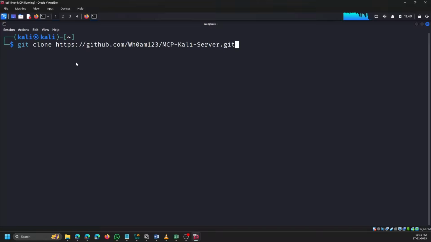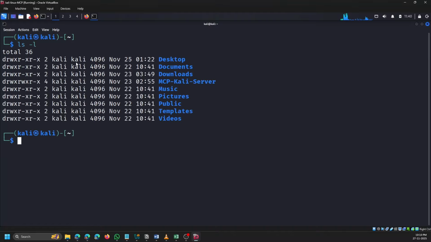I have already copied this while testing on my virtual environment. Once you hit enter, this GitHub repository will start to get cloned onto your Kali Linux machine. Since I have already done that, I'm not executing it again, but let me show you the directory. Let me just run ls -l so that you can see that the MCP Kali server is already cloned